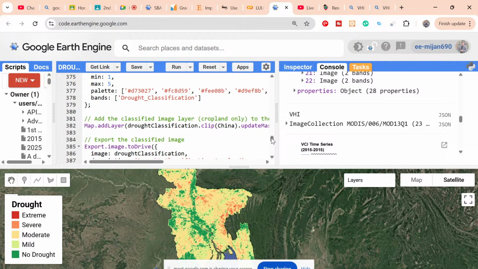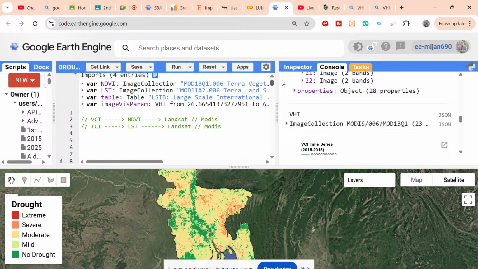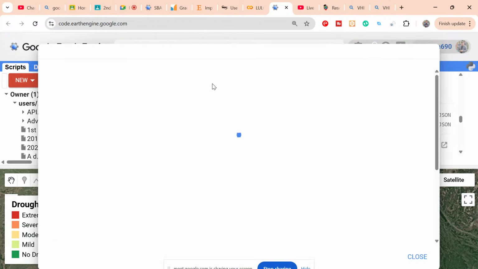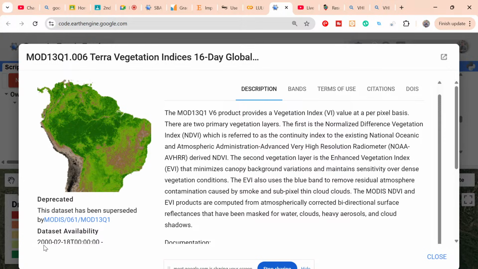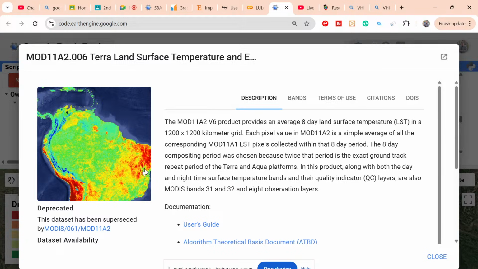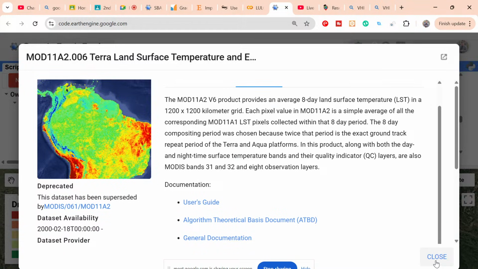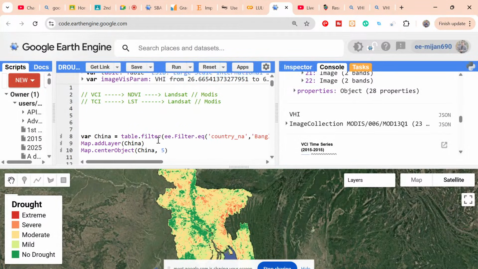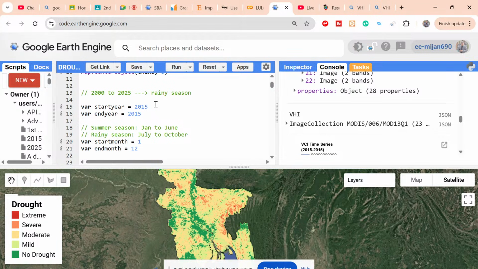For that, you can also use the same. There is no problem. You can check that NDVI is available from I think 2000. We can get the data from 2000, and LST is also available from 2000. Between this time period, we can easily get the result. Suppose I need the result from 2000, suppose 2010 to